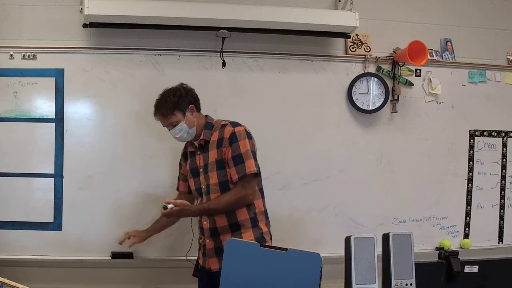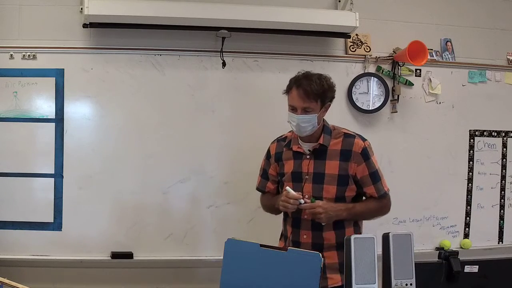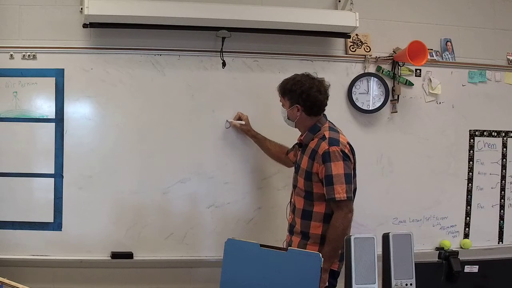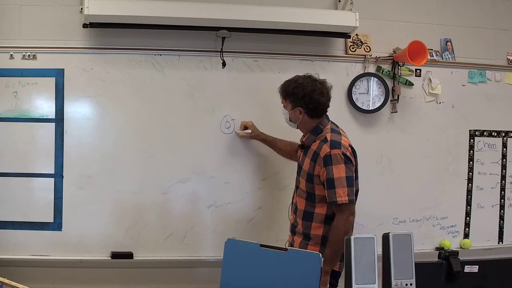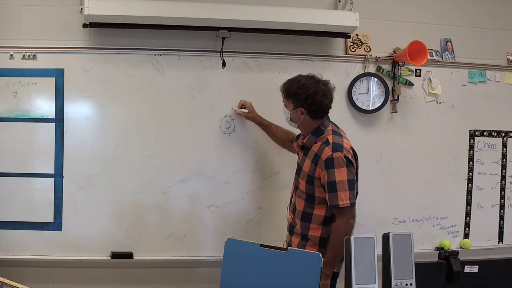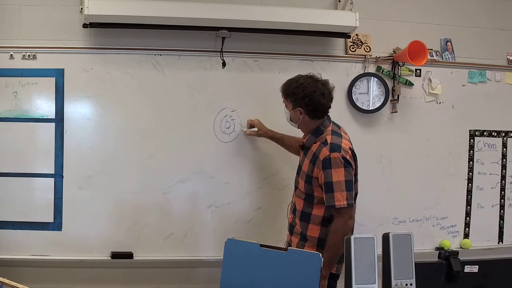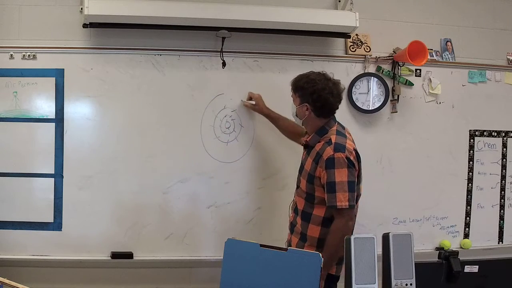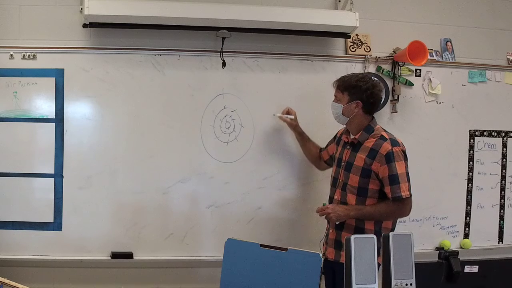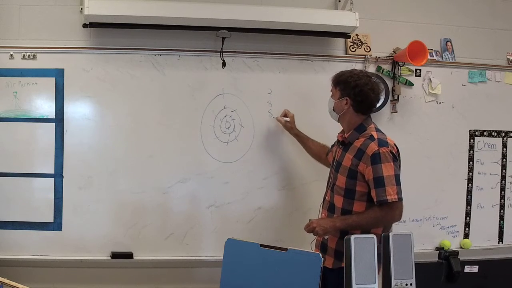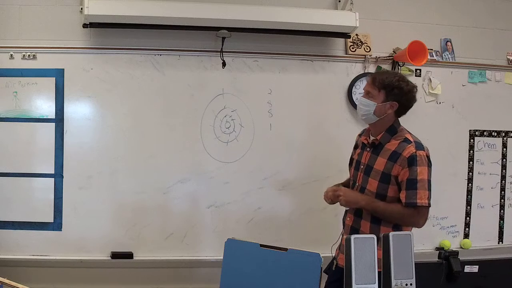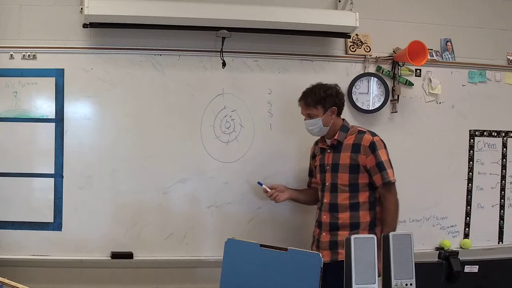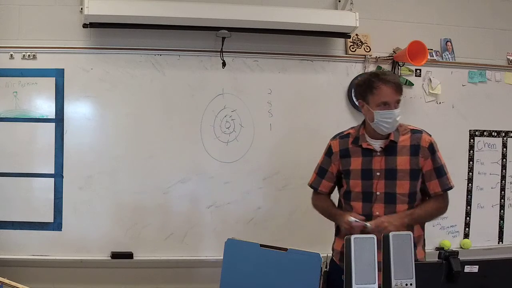I normally have funny things to say about this, but I'm not going to say them because I'm trying to keep this video short. Here we go. 1, 2, 3, 4, 5, 6, 7, 8. And potassium, right? 2, 8, 8, 1. Potassium, number 19. Everybody like that? Now this guy right here, this outer electron,